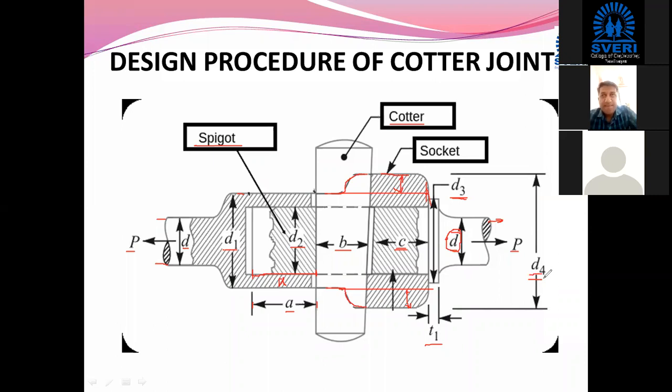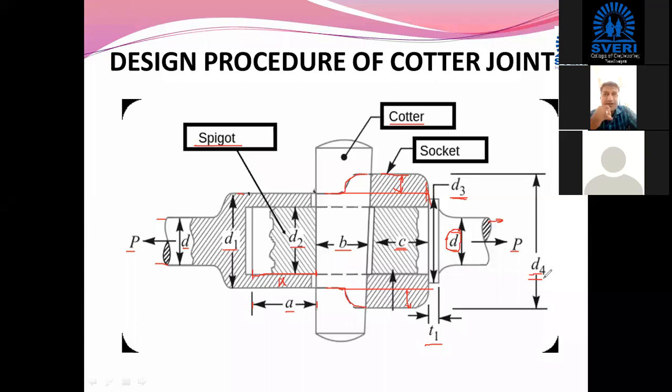Got it? These are the nomenclatures which we are going to use. There is a standard relationship between the diameter of the shaft, small d, with D1, D2, D3, D4, as well as A, C, and the average width of the quarter B, as well as the thickness of the collar T1.